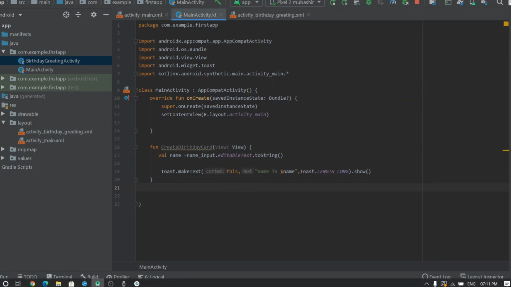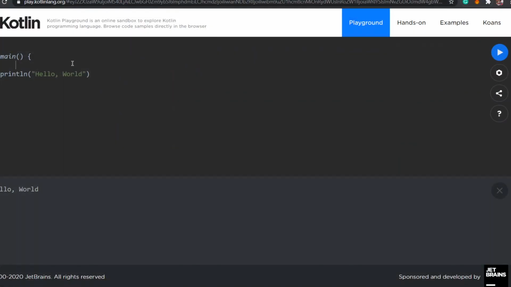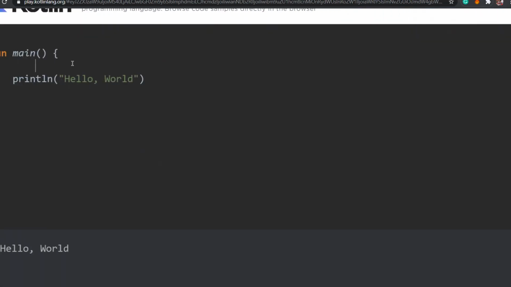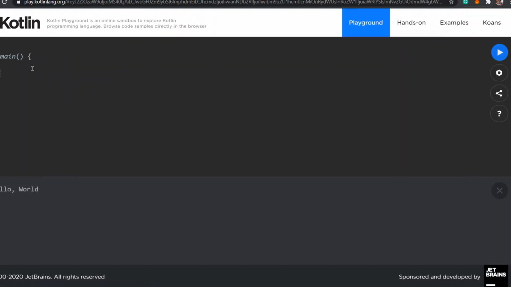In the Kotlin language, we declare variables with var or val. Let me tell you the difference between them.